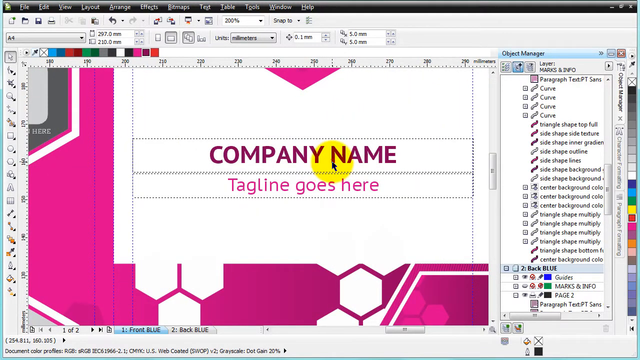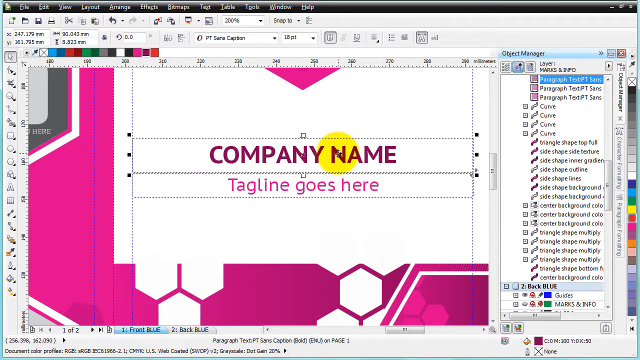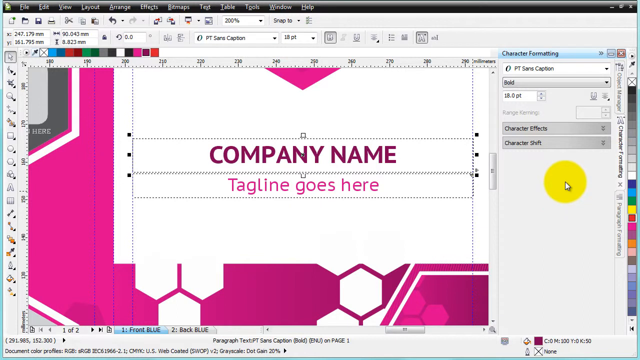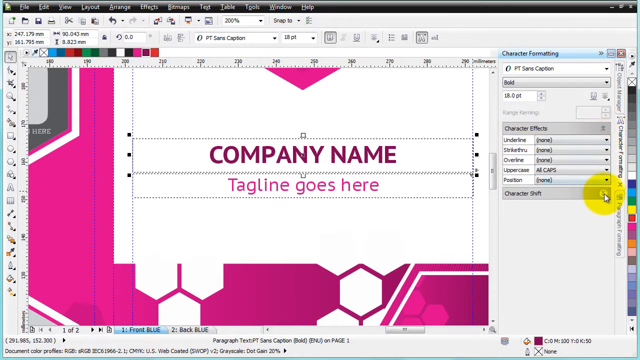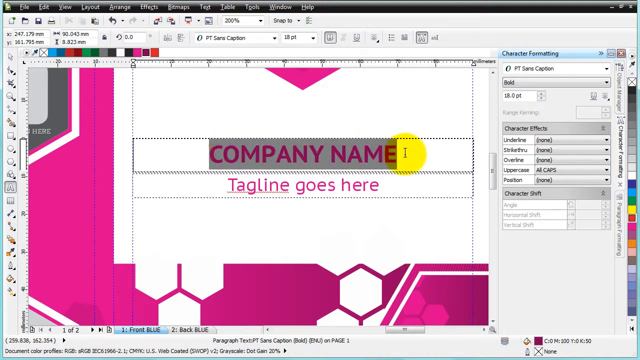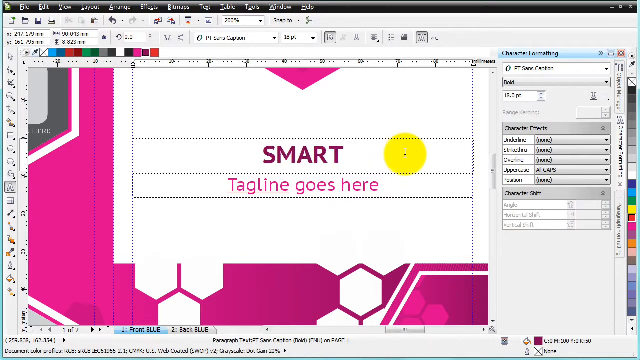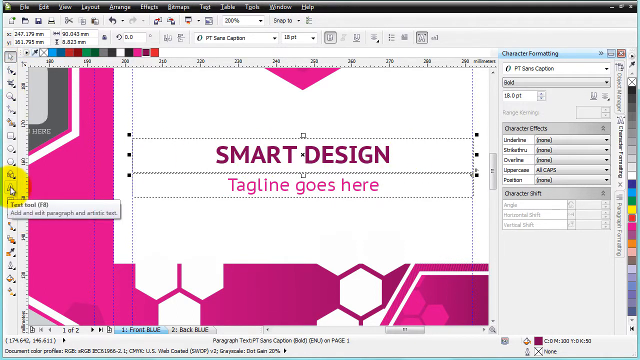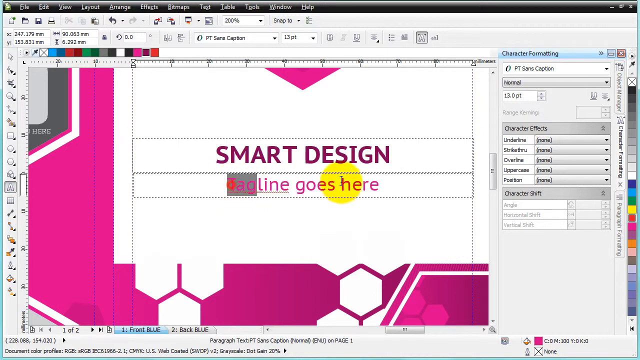Same as all the other versions, there are two ways of editing your text. Let's just open up the character formatting. So you can either click on the text you wish to change twice and then just type in your company name, or you can choose the text tool and then just simply